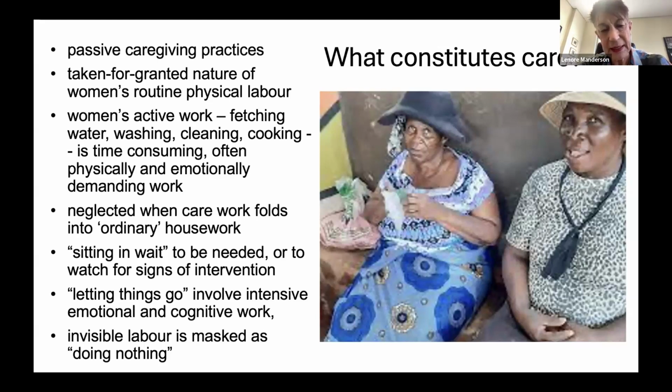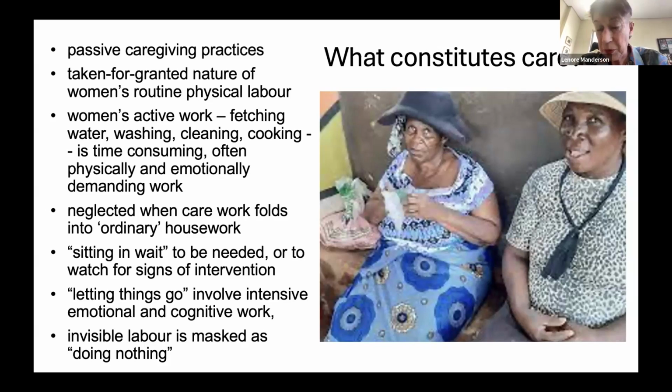And Michelle and I, and Michelle's ethnography, have some very rich examples of that, where, for example, a person with very marked dementia would be repeatedly washing clothes, hanging them out, taking them off the line, re-washing them, and throwing water all over the place in an area where all water is hand carried to the household. So at the one level, that water is regarded as a precious resource that can't be used, and the woman who was doing the clothes washing was wasting the water. But there's a decision around, do you let it go? Because the act of washing is calming for the person with dementia. So there's all kinds of tensions in that